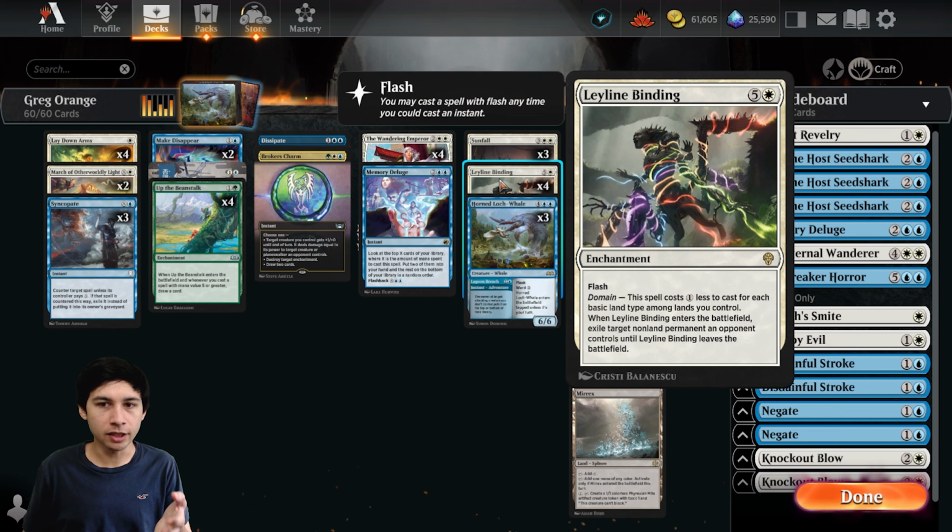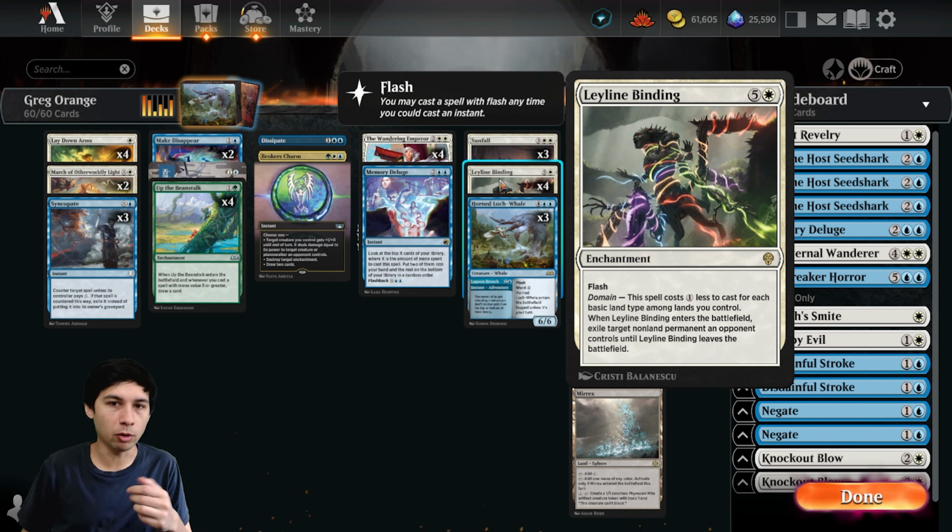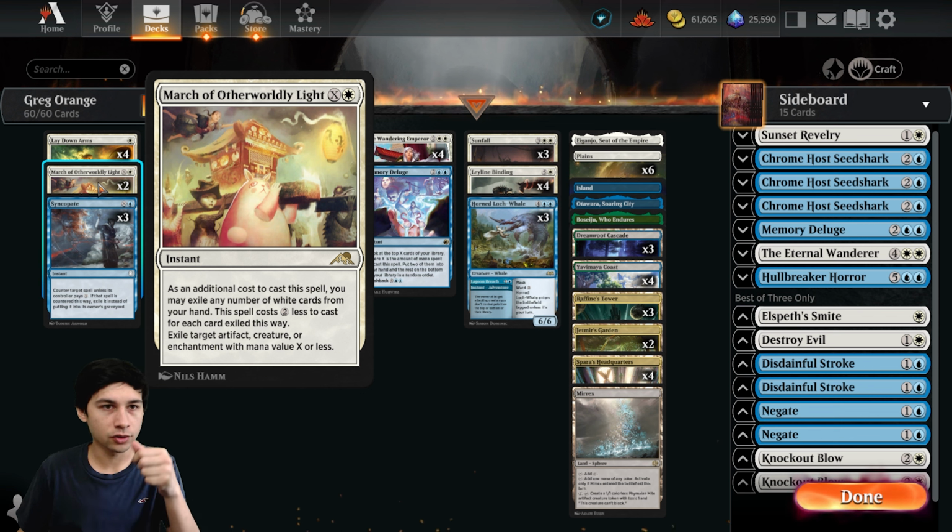So Leyline Binding, which is a domain removal, enchantment removal spell, gets cheaper the more different basic lands you control. So once you have them all, it costs 1 mana. So for 1 mana, potentially, you're drawing a card and you're removing something. So there are the Triomes here that are all 3 different basic land types. So you have that to cheat out Leyline Binding,